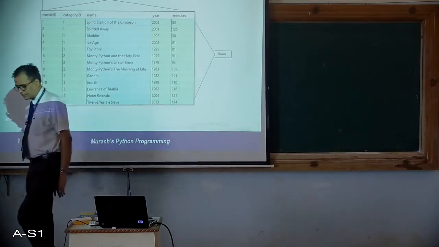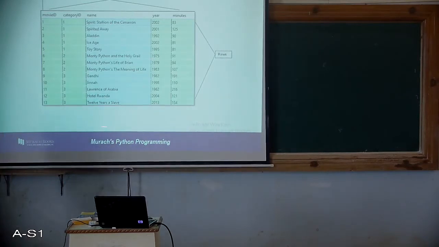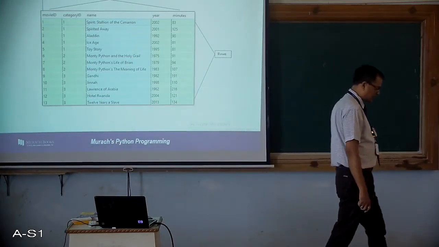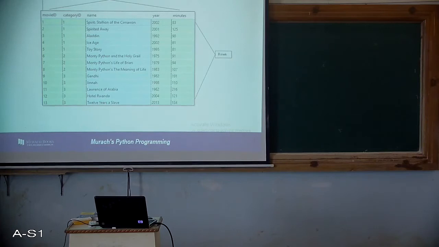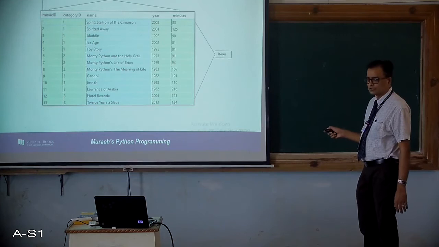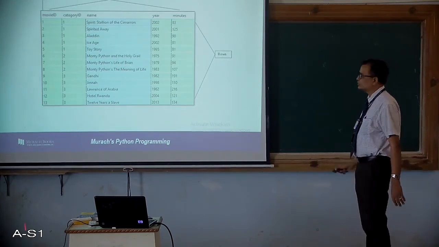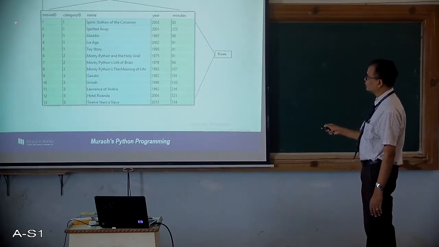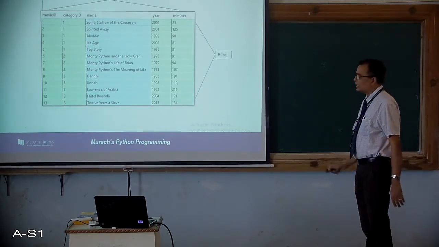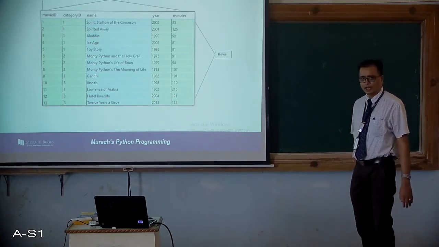Understood? Any doubts? Okay. So when we say it's a primary key, what is the constraint that this attribute should have? It should be unique, isn't it? Since it uniquely identifies each and every entity, it must be written in such a way that it is not repeating. So every row has a unique number. You can clearly see that every row in this table represents one movie and its attributes, and every movie has been given an ID.